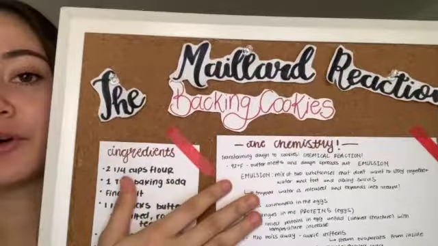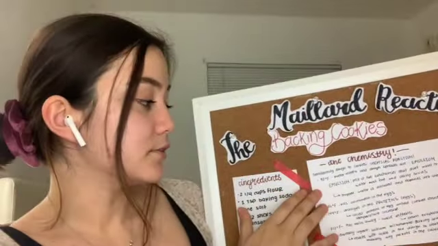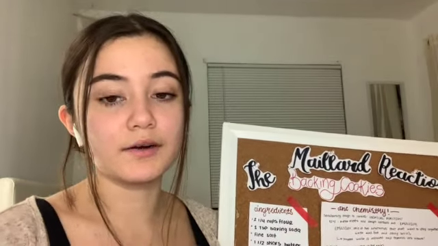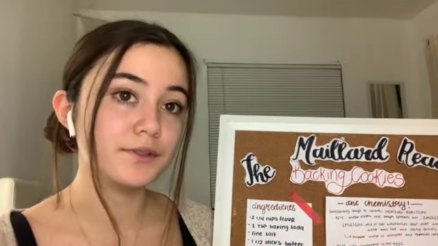A few of the chemical reactions that we are going to see in baking cookies are as follows. At 92 degrees Fahrenheit, the butter is going to melt, and because butter is an emulsion, which is a mixture of two or more liquids that are immiscible and do not want to stay together, melting the butter is going to release the water that is going to turn into steam, and this is going to allow the dough